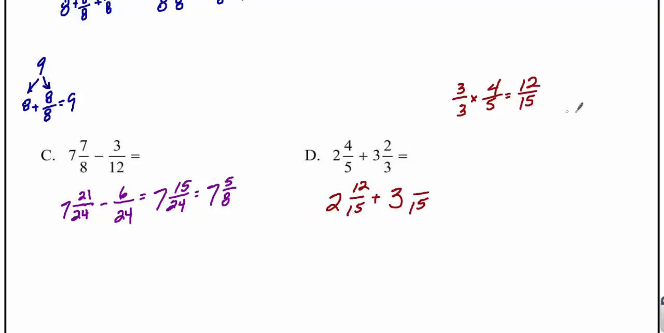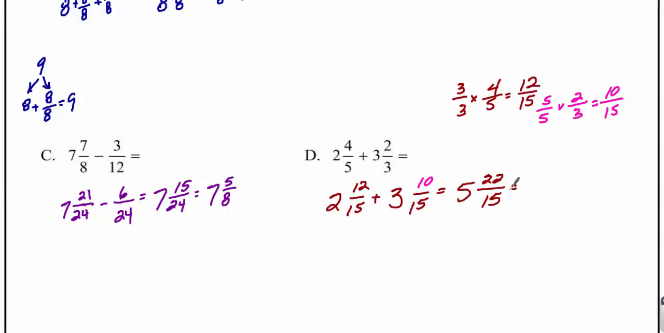Same thing with the 2/3. Let me just change up colors here. I've got 2/3 into some number of 15ths. 5 times 3 is 15, so 5 times 2 is 10. So now we have 5, the 3 plus the 2, 5. 12 and 10 is 22